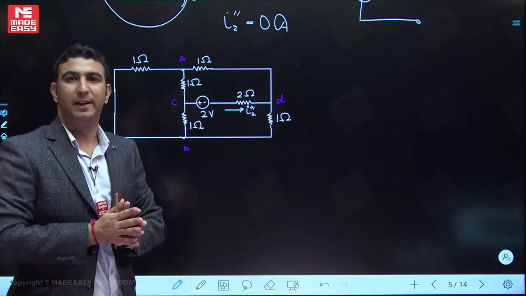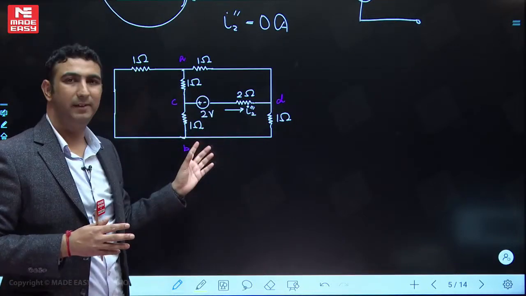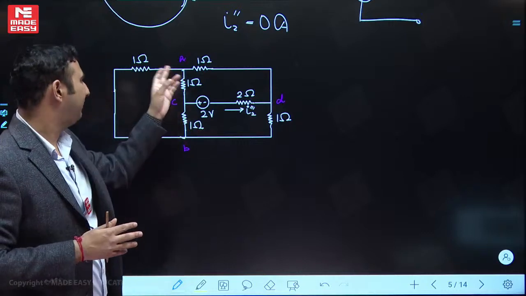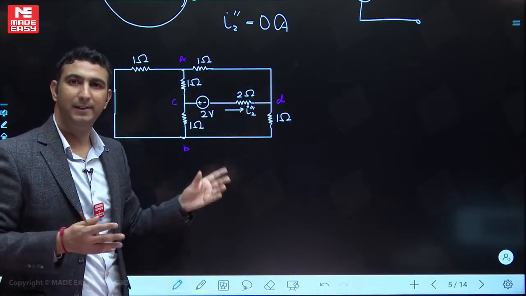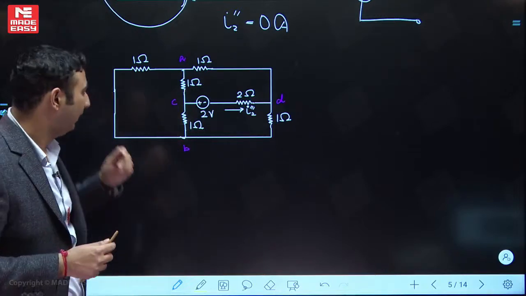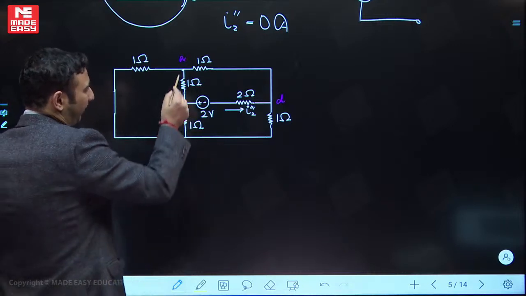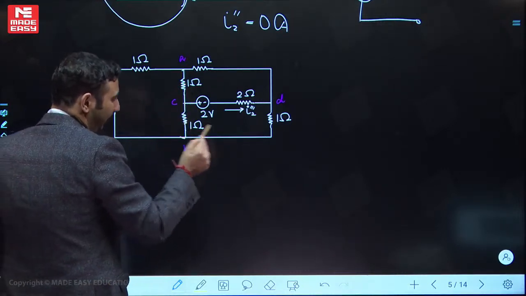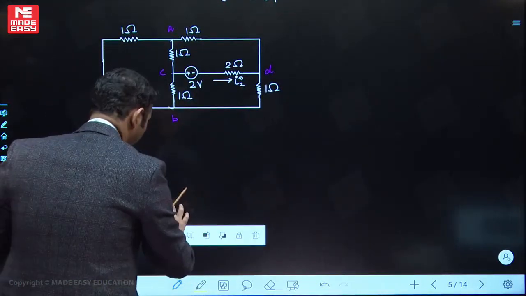But I am redrawing the circuit कि आपको थोड़ा बहुत डाउट ना रह जाए. Let's redraw it, but next time onward try to understand this concept that I told you, because ये पहले बाहर वाली थी अंदर वाली थी, तो क्या हो गया, इसको बाहर बना दो उसको अंदर बना दो, बात तो वही रहेगी. सेंट्रल आर्म तो ये है, बैलेंस्ड हो जाएगा ब्रिज. चलो यहाँ देखते हैं. I am redrawing the bridge, that's why I have marked the points A, C, B and D. इसके साथ में इसको यहीं बना देते हैं. It will be easy for you to observe.